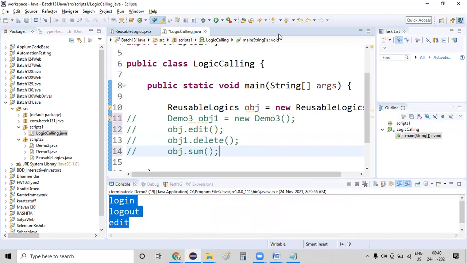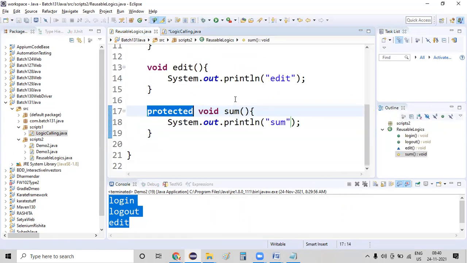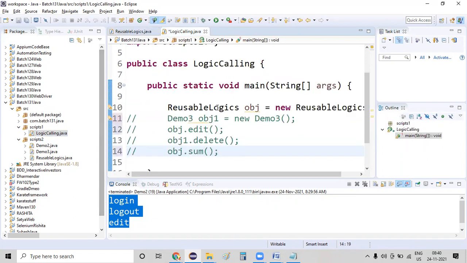So the reusable methods has a protected void sum, and in package 2 is where we are calling this. So guys, the issue why this is not working, if you clearly observe,